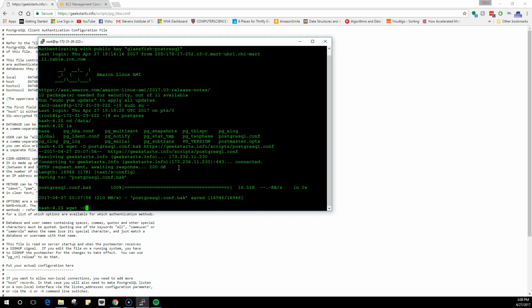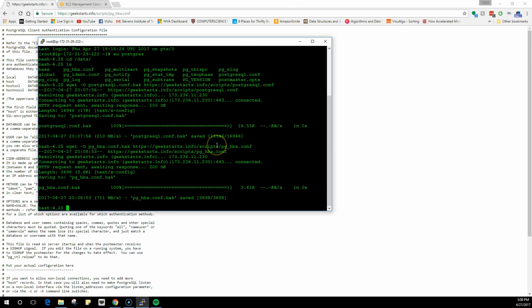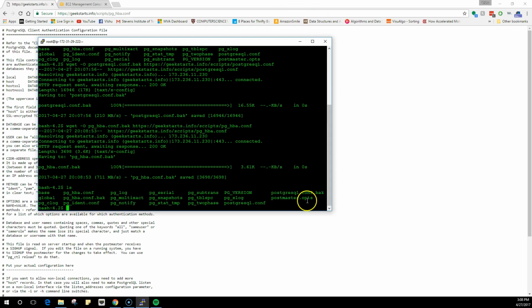So wget minus O pg_hba.conf.bak, and then I'm going to copy paste this link. Both these files are saved. If I do an ls, I will see the postgresql.conf.bak file and the pg_hba.conf.bak file.